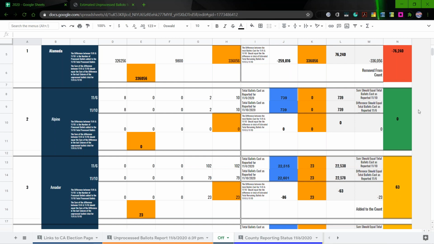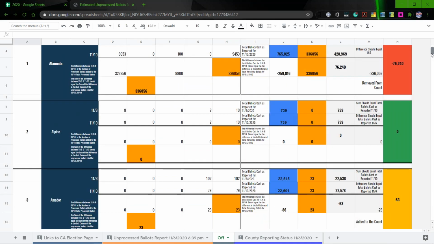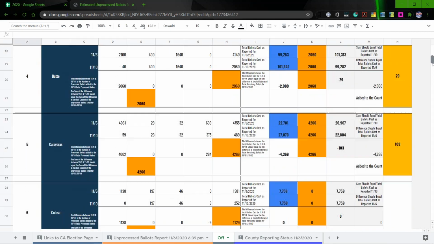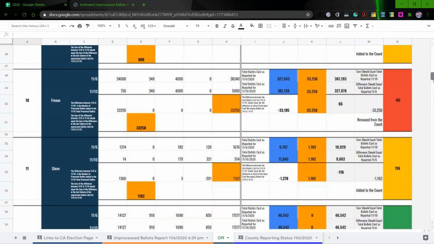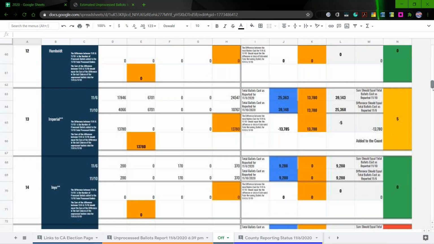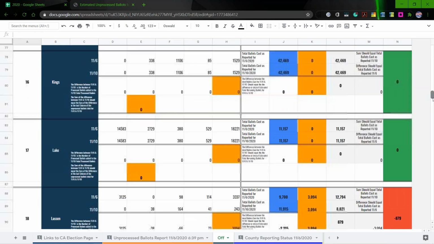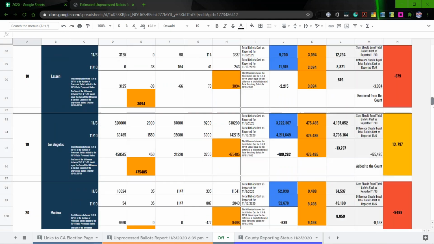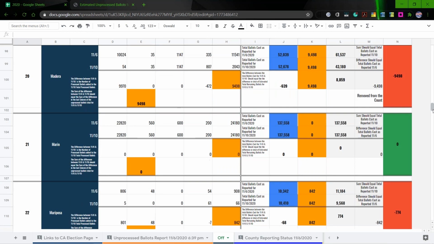All right. Having all of that information and knowing what all of that is, I'm going to go through all of our counties, and you'll see exactly why I believe we all need to be reaching out to our state assemblymen. We all need to be reaching out to our state senators, and we need to demand an audit of the vote for California, because this is outrageous. There is no way that our elections are fair. I don't even know. What's happening to these votes? What is happening to these ballots?